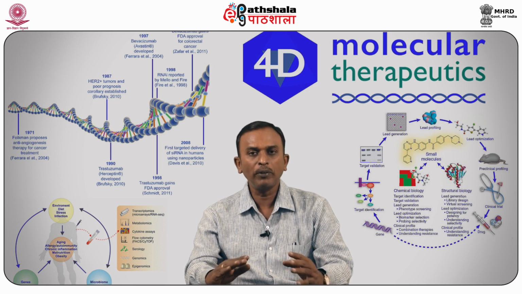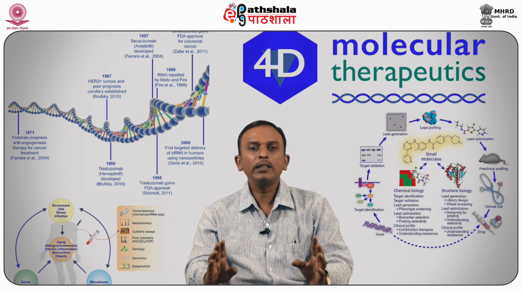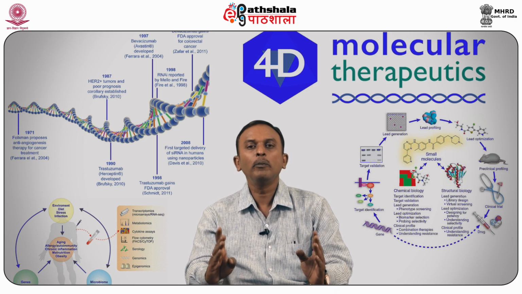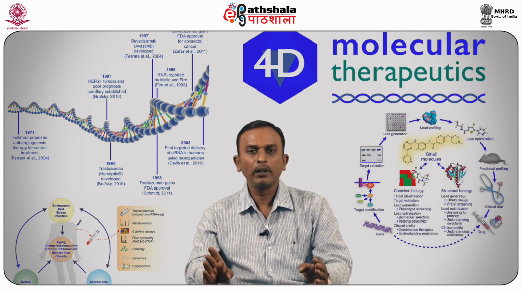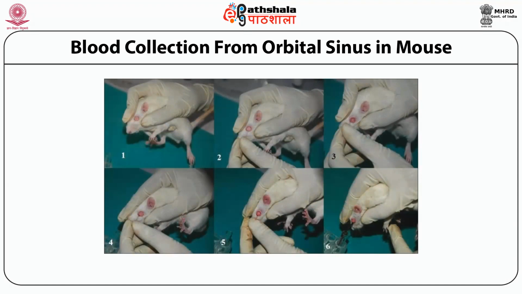So the animals will be very free and will not have any pain or distress, and it is a very convenient and easy method to collect blood from the mouse if you administer anesthesia properly. By this method you can collect a maximum of up to 300 microliter or 0.3 ml in a 25 to 30 gram mouse. This is a small drop of blood that you can collect by pricking the tip of the vein at the tail region, where you can get 100 microliter.